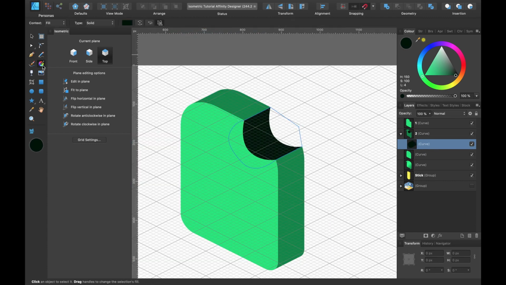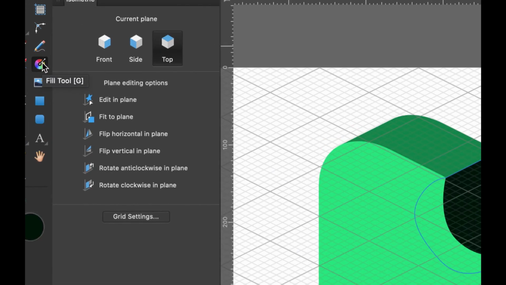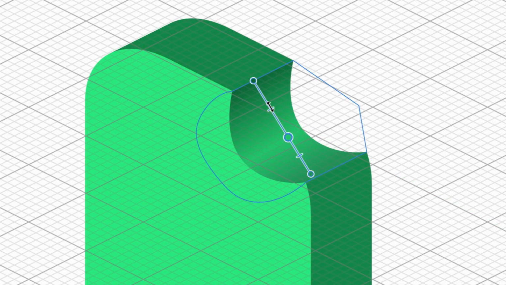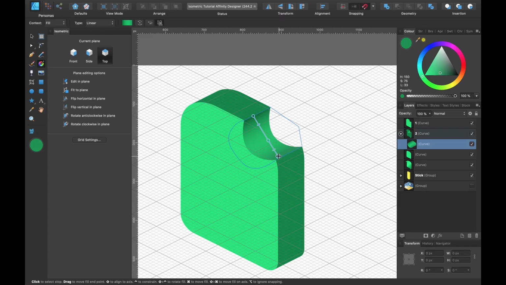Let's add some green. So I'll head to the fill tool again over here. And I'll just click and drag out like this. So up here, I want it to be a little bit darker. Not that dark though, maybe about here. And in the middle, I want to add another one. I want that to be a little bit lighter. And a little bit more, just so it's just the lip there that's a bit darker. And that one can be slightly darker as well.